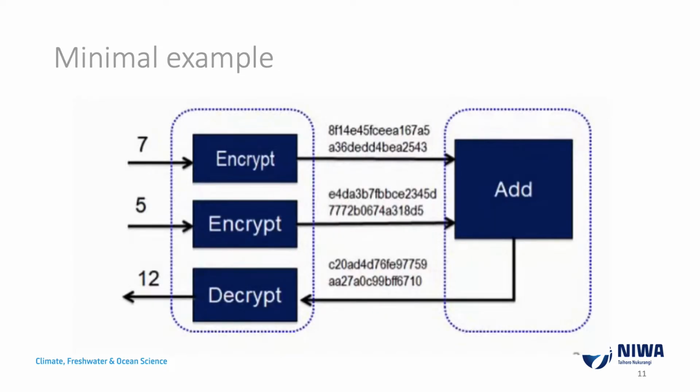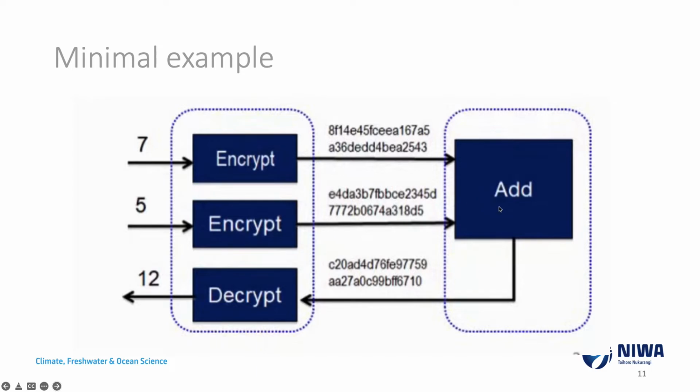So even though you probably got these already, I just wanted to show you an example with actual numbers and ciphers, so people would understand a little better what's going on. Imagine that we have one homomorphic function that performs addition. On the left-hand side, you would have the user. The user wants to add 7 plus 5. The user would encrypt each one of those numbers individually, generating this cipher, and send it to the add function, which is sitting somewhere else on somebody else's computer. That function doesn't know that this number is 7, and it also doesn't know that this number is 5,